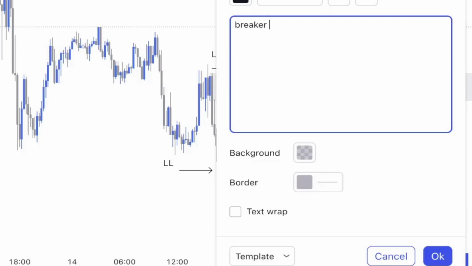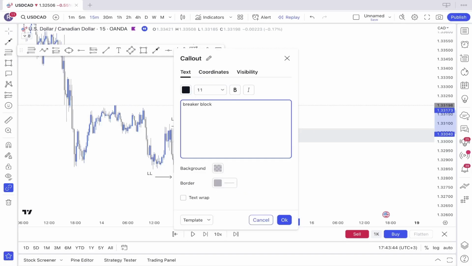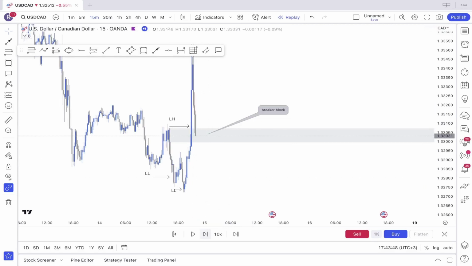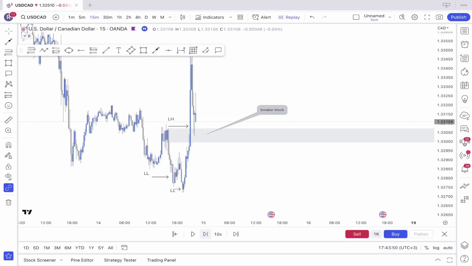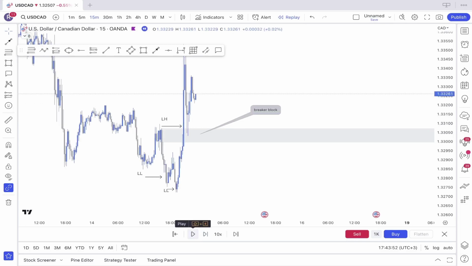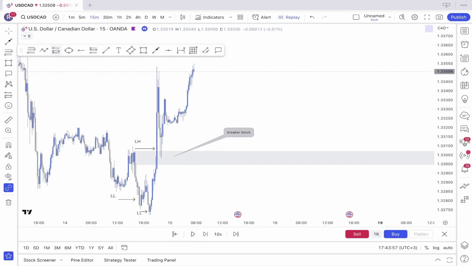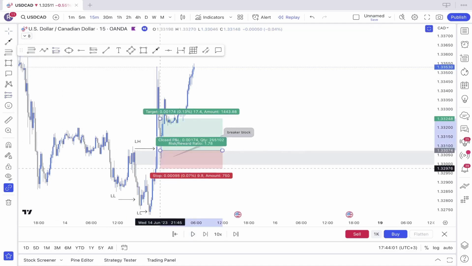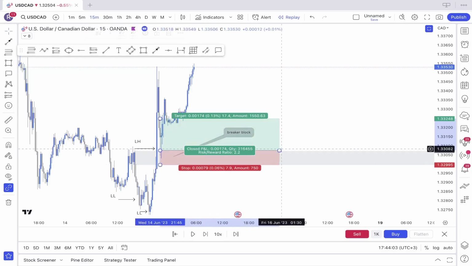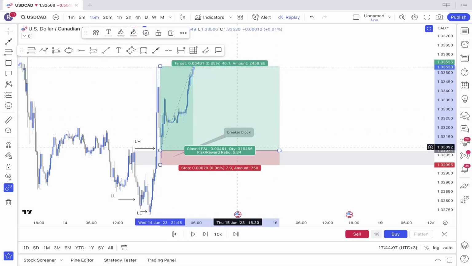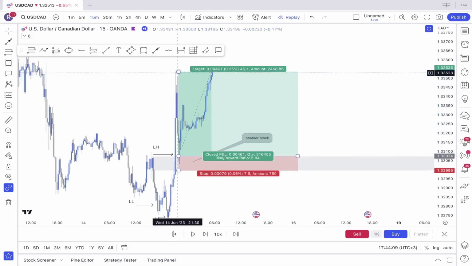Let's quickly note it down and let's see how price reacted to this zone. Okay, so let's play price forward and boom, check this out. We had a great reaction to this breaker block, and you could have entered a long position right here. You could have placed a buy limit on this breaker block, stop loss right below it, and you could have aimed for this high right here, and this would have been a very nice almost 6-hour trade, okay, using this